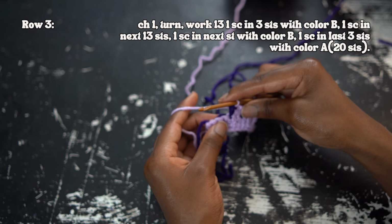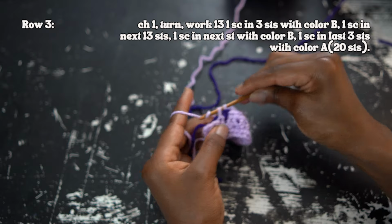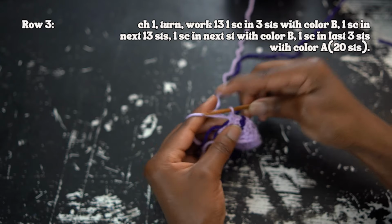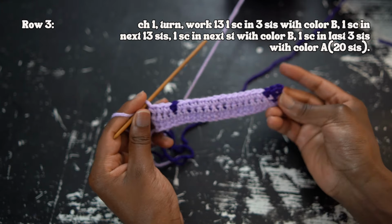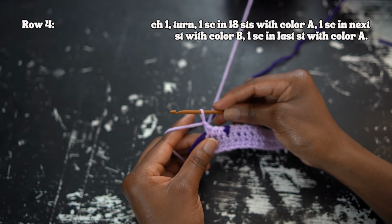Then for the rest of the row, work those last 3 stitches with light purple. Working 1, 2, 3 single crochet stitches. And this is row 3. For row 4, chain 1 with that light purple yarn,